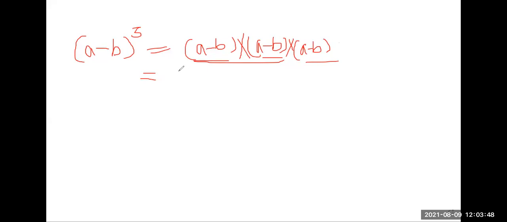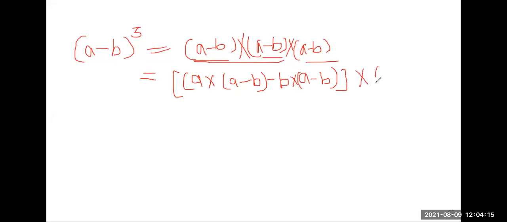Okay. So I am going to write in the square bracket: first a multiplied by the second bracket (a minus b), then minus b multiplied by the second bracket (a minus b). And then we will complete the square bracket, multiplied by (a minus b) as it is. We are not going to do anything here. Okay. Now